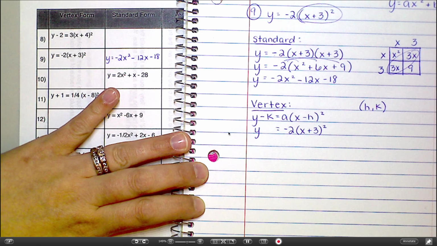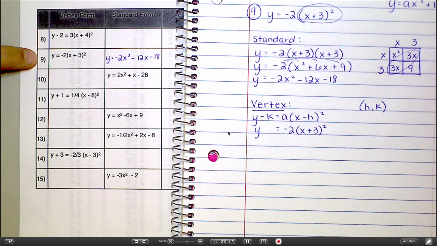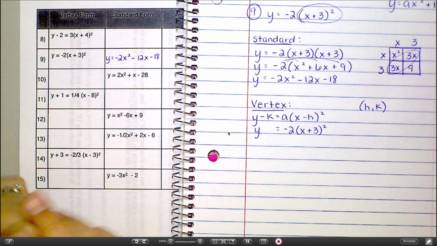So, oh, Olivia, question? What number are you doing? This is still number 9. Oh. Yeah, I'm just going across. Oh. Doing everything for number 9. So,